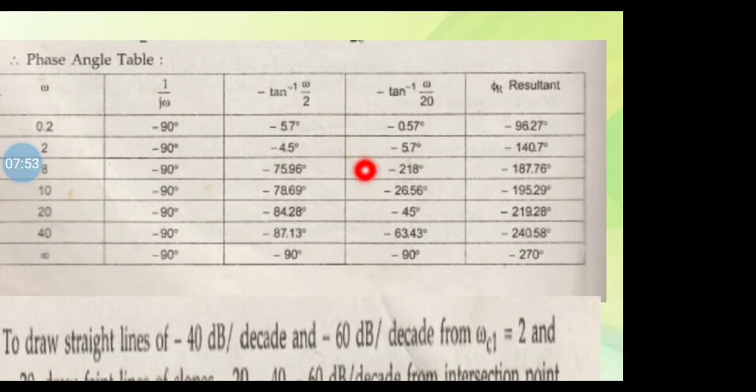Next, for 8, 10, 20, 40, infinity. Similarly, we have to find minus tan inverse omega by 20 with omega 0.2, 2, 8, 10, 20, 40, infinity. Substitute. Find the resultant. The resultant is the summation of all these: minus 90, minus 5.7, minus 0.57, which is minus 96.27. Then minus 140.7, minus 187.7, minus 195.29, minus 219.28,